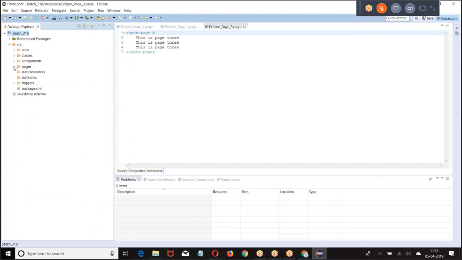What is the advantage of going for Eclipse? When you already have a developer console, why are you preferring to go with Eclipse? In the developer console, there is no version controlling. What do you mean by that? Let us say I wrote 1,000 lines of program and saved it. The functionality was not working properly, so they asked me to modify and make some changes.